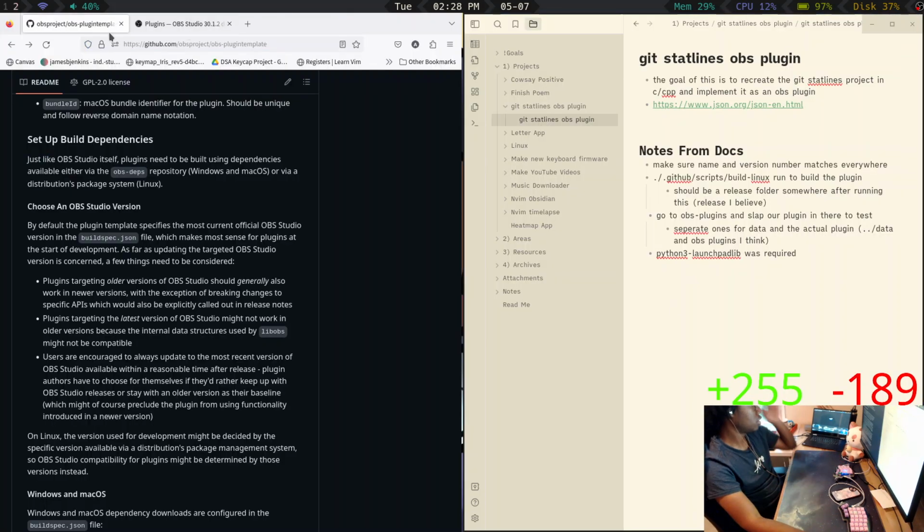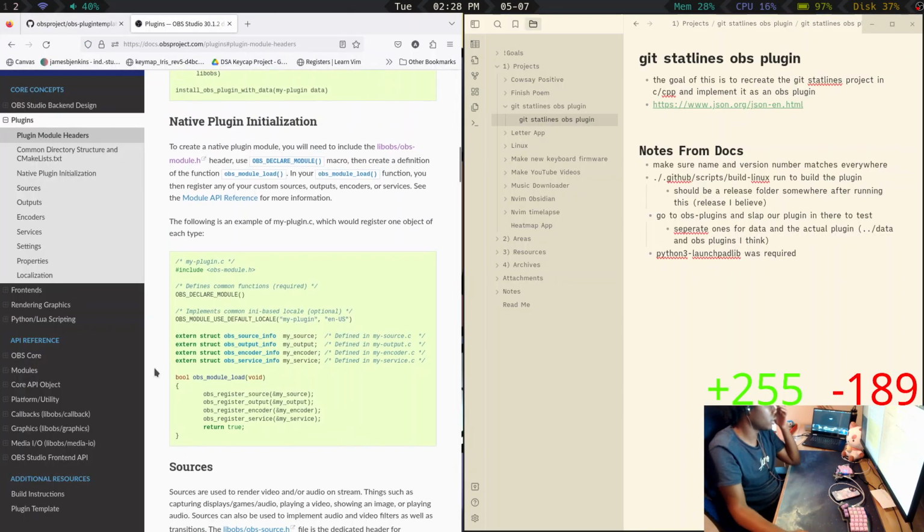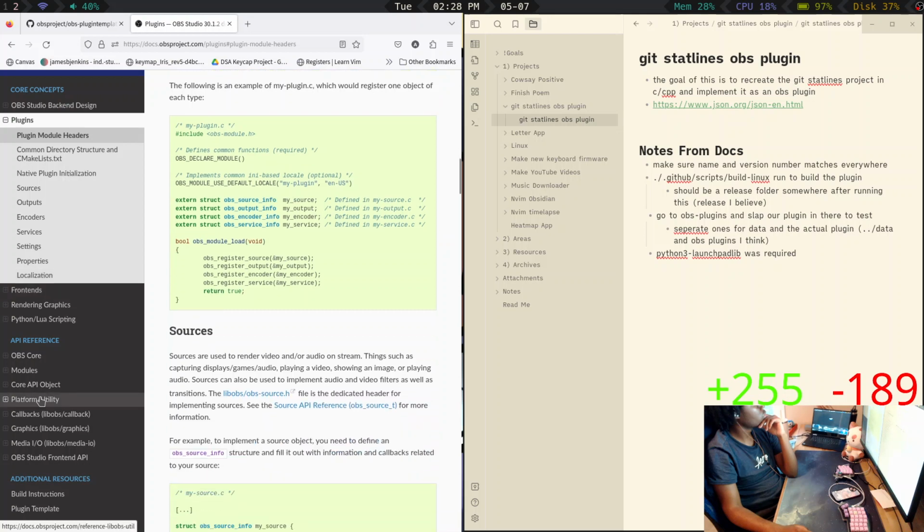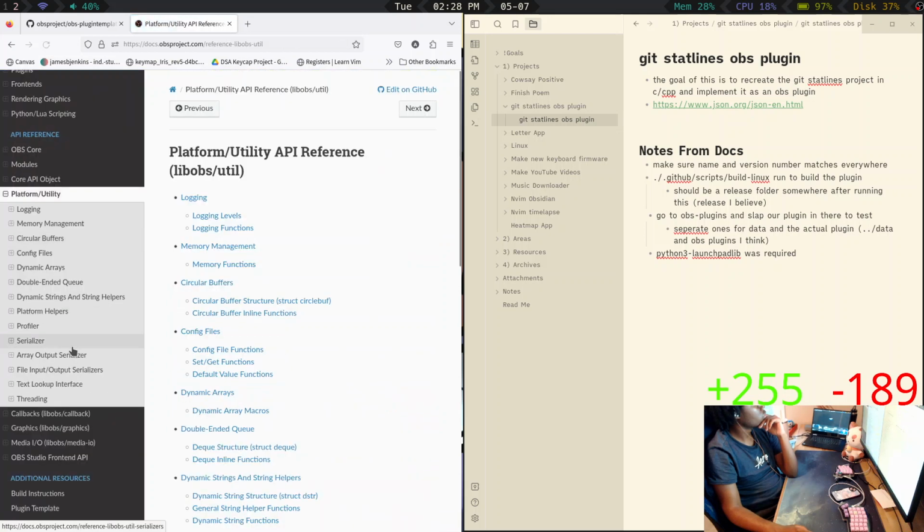Okay, what does the doc say about building? Build instructions.